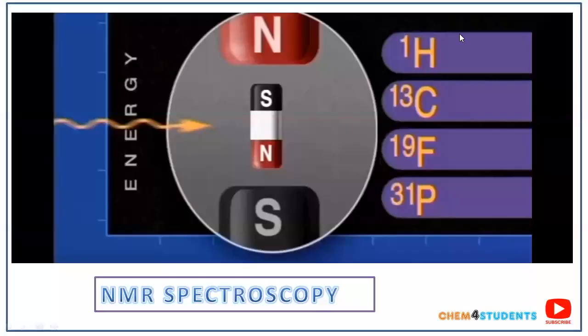Do you know the cost of an NMR machine? It's nearly 2 to 3 crores. Due to the high cost of this equipment, it is very difficult for students to do experiments on an NMR machine. But NMR spectroscopy is an important topic for competitive exams such as GPAT, CSIR-NET, etc. So this video will give you the basic information about NMR spectroscopy, and that will be useful for the students who are preparing especially for the GPAT exam.